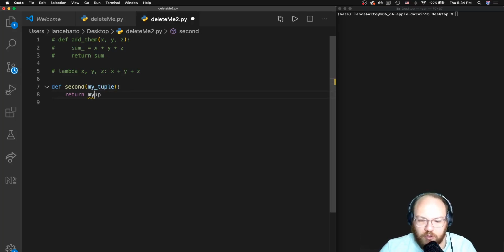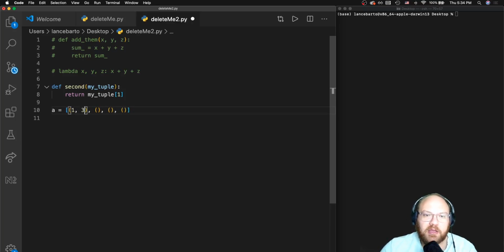It's not particularly important whether it's a list or a tuple, because the syntax that we're going to use here would work for either. But to return the second object in my tuple, I would simply use the square brackets. And if I give myself some sort of data structure where this is going to be useful, I might be talking about a list of tuples where each tuple has two values, and I want to